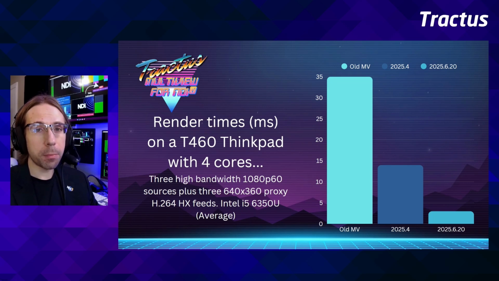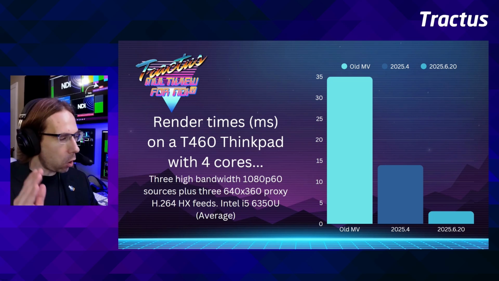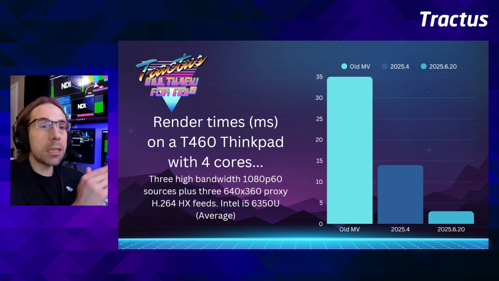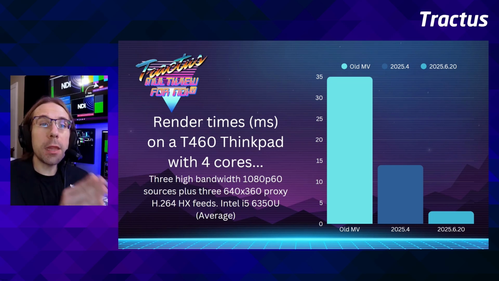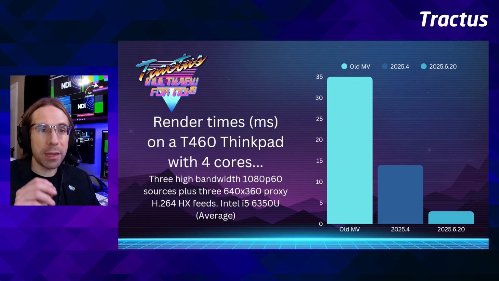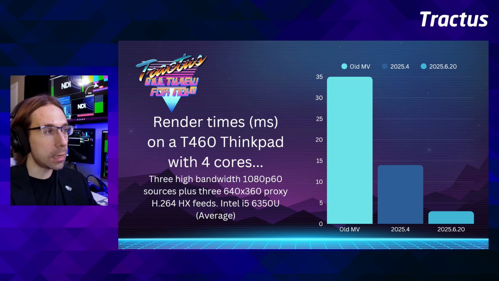But I've done a lot of work to pull as much performance as I can, and I'm starting to hit performance walls. Like, there's certain areas of the application that I can't pull any more performance out of. There are definitely areas where I still want to pull performance. I think we can make the linear interpolation code a little bit faster, and some of these changes have not yet been ported over to Mac. Some of them have, but there's a few that haven't. I think we could get some speed improvements there. But overall, the performance is quite a bit improved.